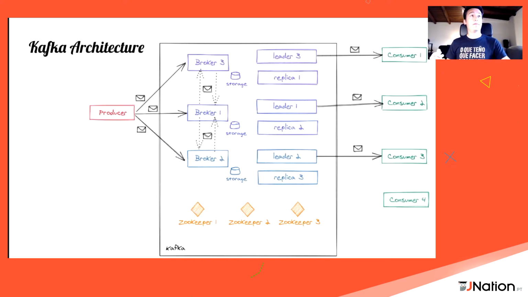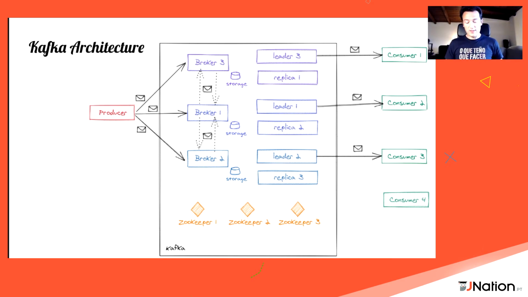So this is the Kafka architecture. What we have here is, as I said, the producer sending to different brokers and the information replicated to the other brokers. So we have our consumers reading from broker 3, a partition called leader 3. If we lose broker 3 forever, our consumers can go to replica 3 in a different broker, and we are not going to lose that information. And that's a very important feature of Kafka.